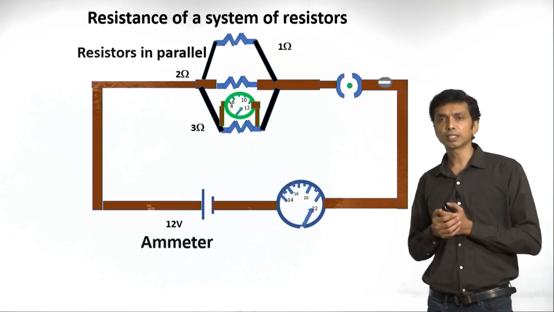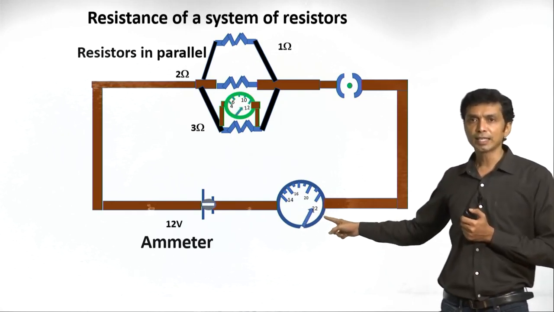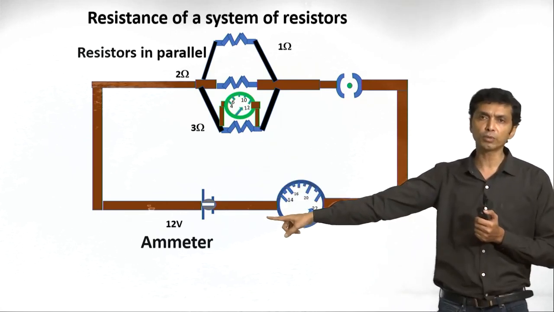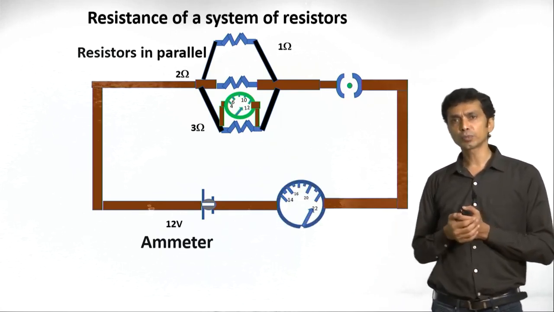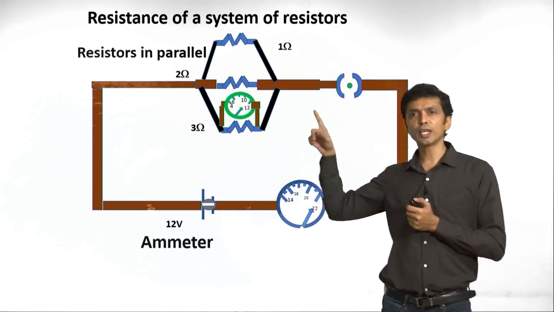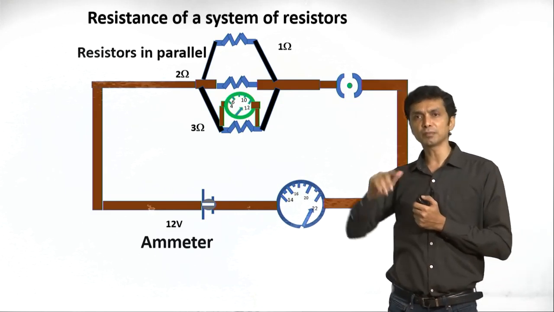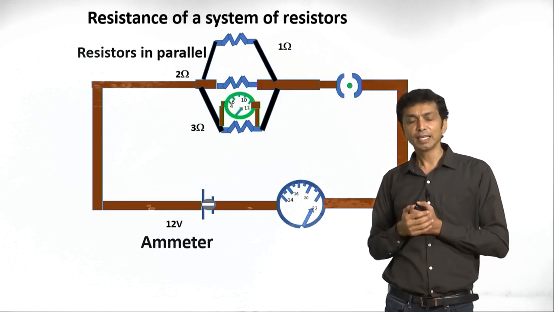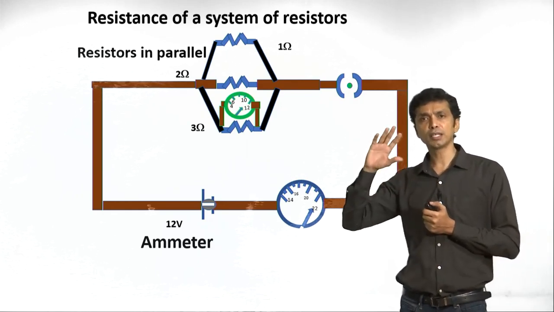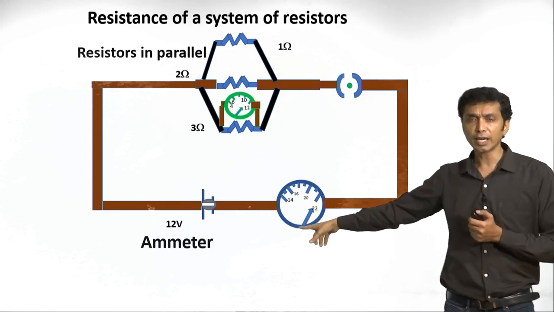The third resistor, 3 ohm resistor. Here also we can see that the current is 22 ampere and the potential difference is 12 volt, which is equal to the source potential. So can you remember, in series the potential difference was varying, but here the potential difference is same. In series the current was not changing. Here it is same, but we have measured it at the end, total resistance.